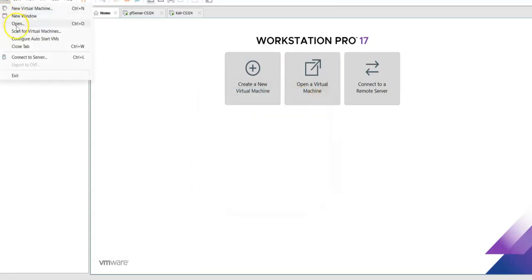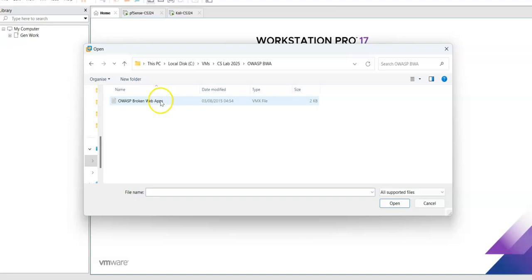So if I say file open, this is now the location of the machine to open. I'll point to the location where the file is saved. So it opens the VMX file. So if I say open,